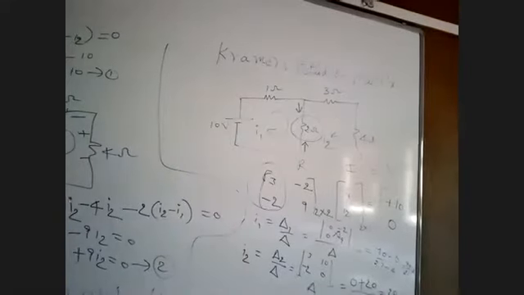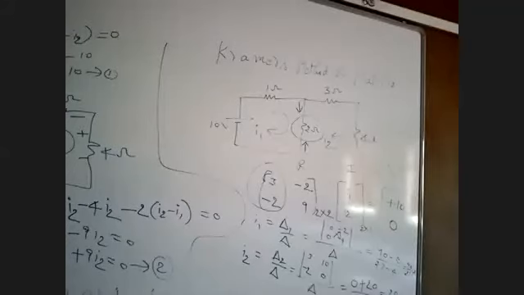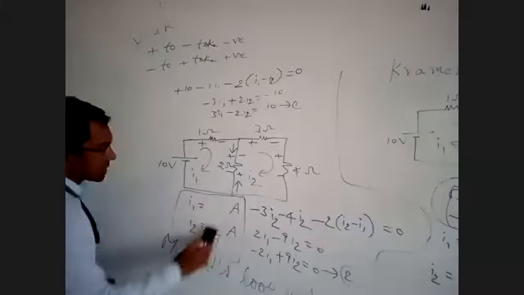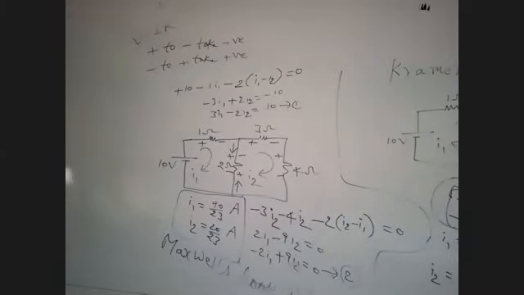See, yesterday we did one problem. I think some of you got wrong answers. I got 20 by 23 for I2, sir. I1 is the same, sir, 90 by 23. Okay, then these are the correct values. Yesterday, some did make a mistake. By using the loop equation also you have to get the same answers, 90 by 23 and 20 by 23. These are the correct values. Whether you use Maxwell's loop equation or Cramer's method, you have to get the same answer.